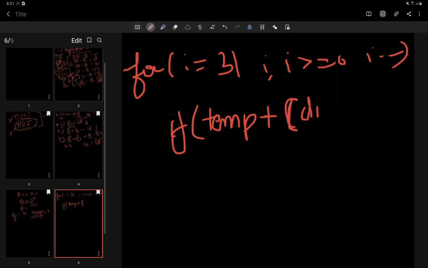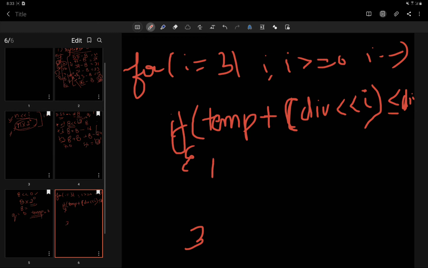divisor left shift i is less than or equal to our dividend, then we got a value that is less than the dividend.